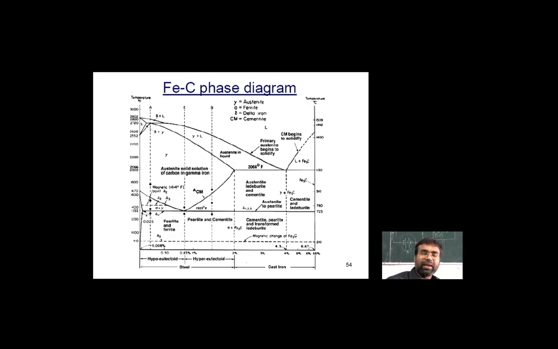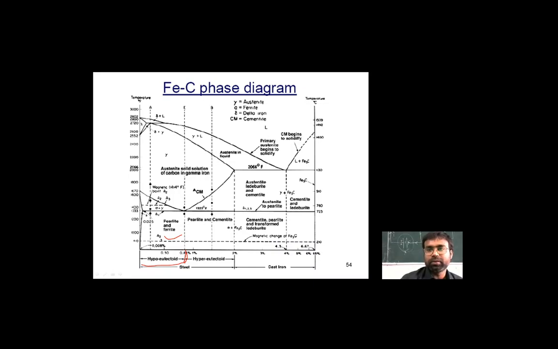In between, that figure is explaining the hypoeutectoid and the hypereutectoid with respect to the particular composition of carbon in the iron. You can see here that the hypoeutectoid basically lies between 0.008% to 0.83%. It means it is showing the medium range, that is the medium carbon steel, in that range.